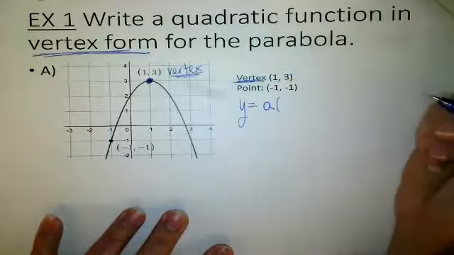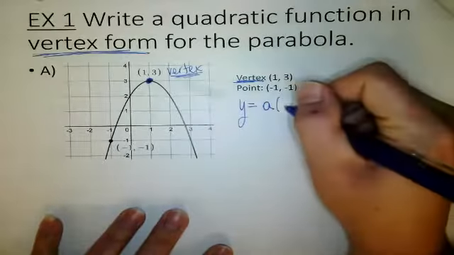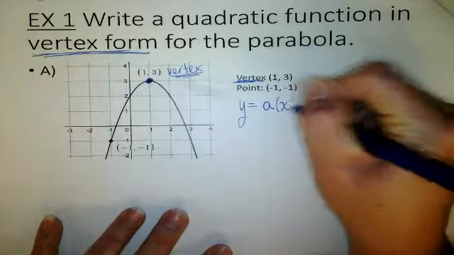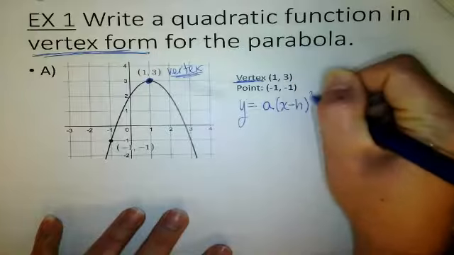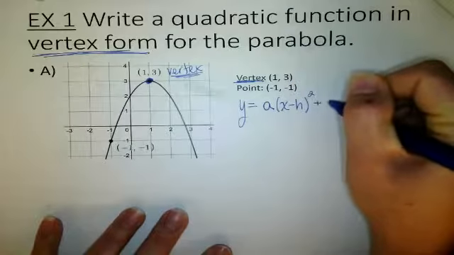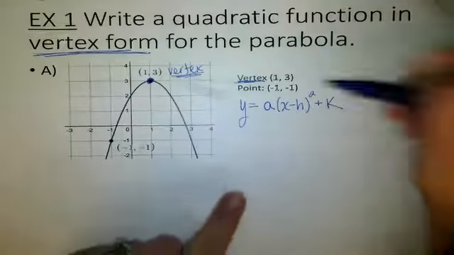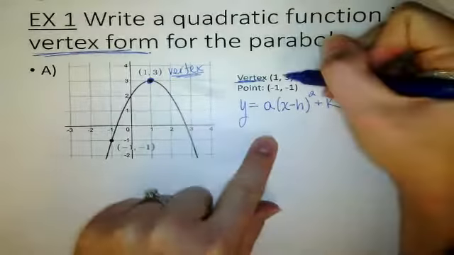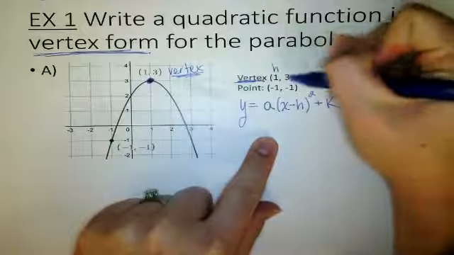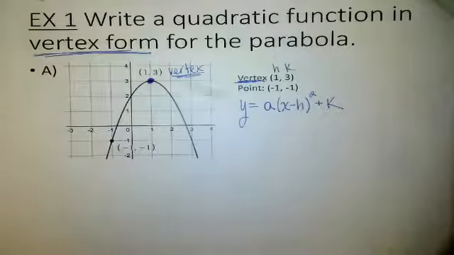What did you just write down for the vertex form model? X minus h, quantity squared, very good, plus k. All right. So this is our model that we're going to start with. And now we're going to plug in everything we know. Well, when they give us the vertex of 1, 3,